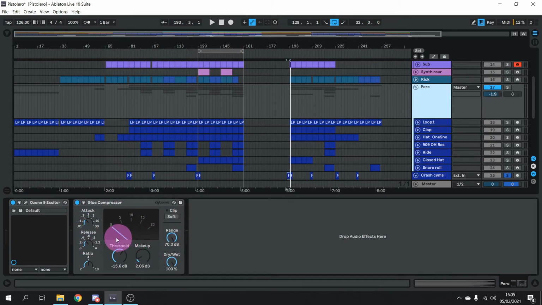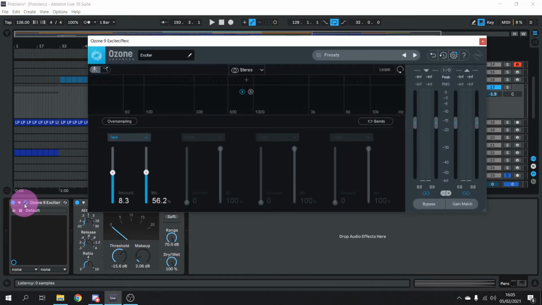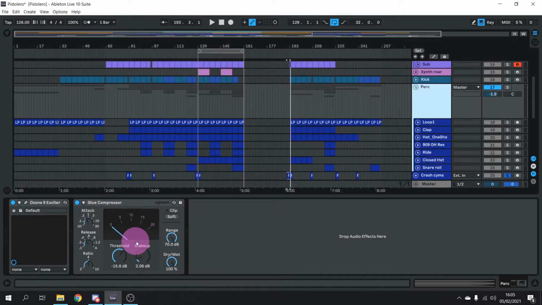And that's sort of added an exciter, which is a type of saturator, which just adds more upper harmonics, gives it a bit more grit and dirt. And I've also added a glue compressor just to keep all of those, particularly the high end, sort of hi-hats and cymbals, all together. So if we take a listen to just the percussion,